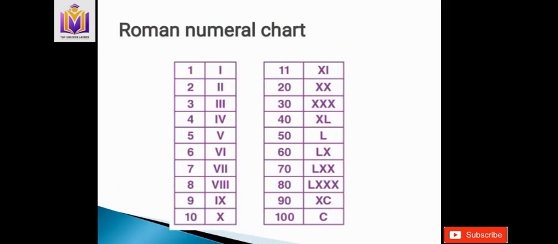Now here is the Roman numeral chart. This is the most important thing. Like in Hindu-Arabic, where we write from 1 to 10 as the base, Roman numerals also follow base 10. So here also, keeping in mind Roman numerals from 1 to 10 is the most important, and then we continue moving forward this way. Now let's see how these Roman numerals are formed.